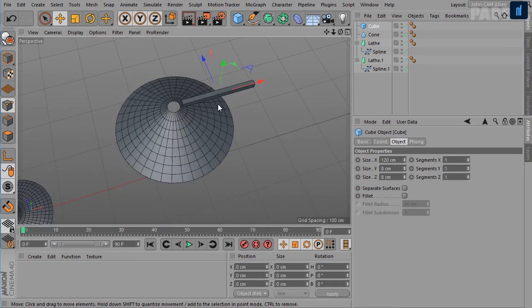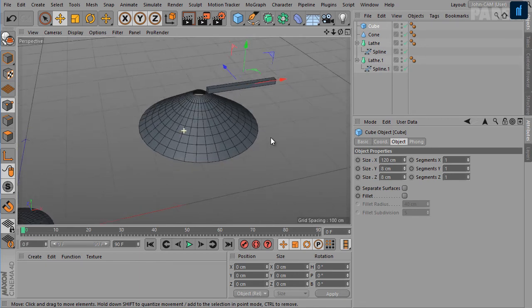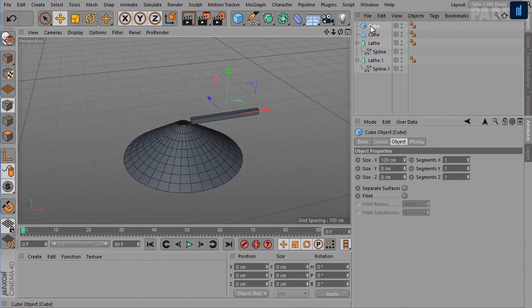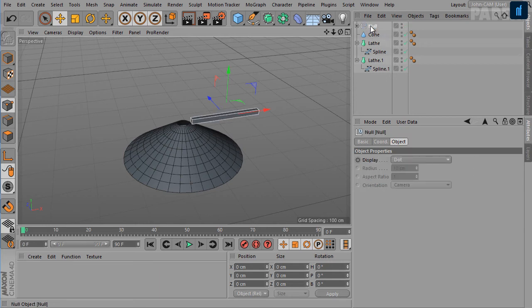Okay, now we'll create copies of this object, and then we will rotate it. So for that we need to first group it inside a null object. So make sure the cube is selected here in the object manager, then press Alt G to create a null object,